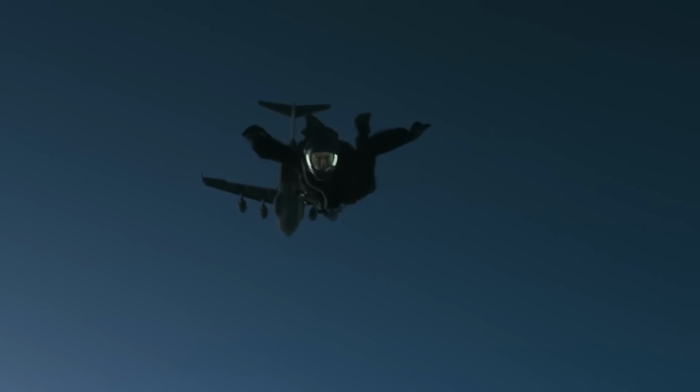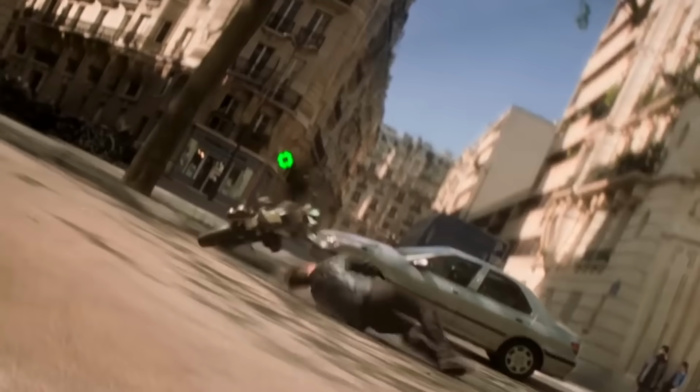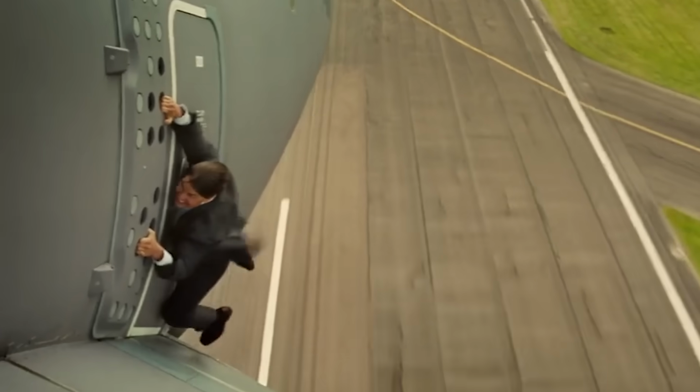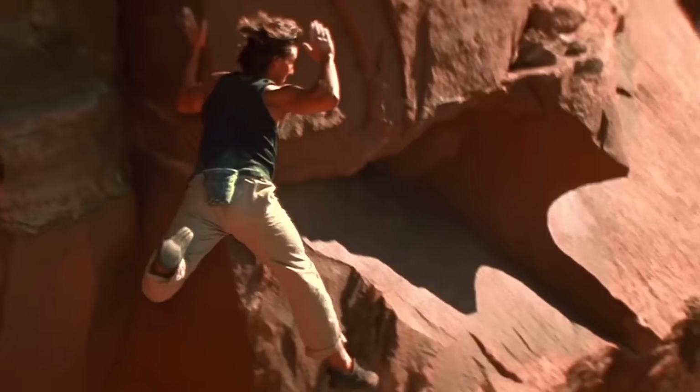Tom Cruise may be one of the craziest actors working in Hollywood right now, and that's largely due to his obsession with doing all of his own stunts. The payoff includes some of the best action sequences in the business. Your mission, should you choose to accept it, is to count down with us the craziest moments in the Impossible